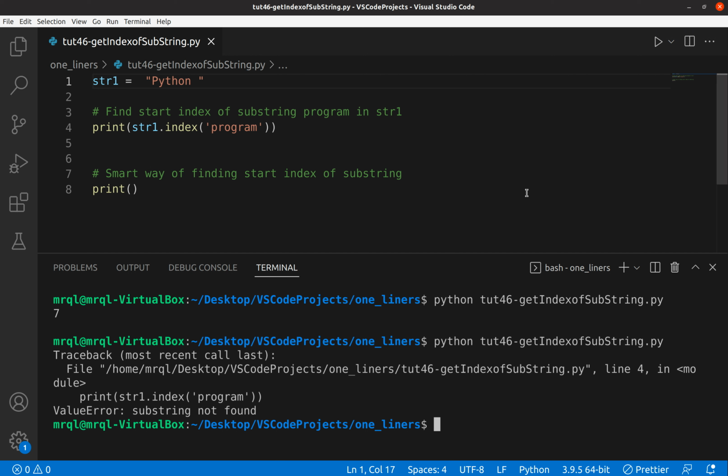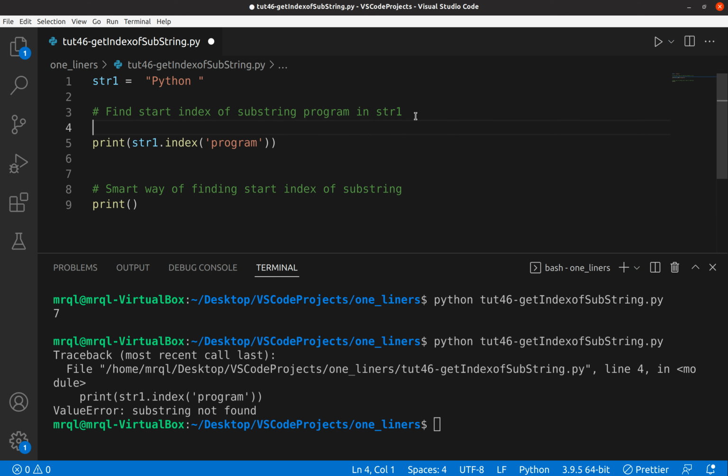In this case, either you need to use try catch or you need to have an additional condition like an if condition where you need to use the in keyword to identify whether your substring is available in your main string or not. Something like this. If "program" in, let me clear this typo error. If "program" in variable string1,